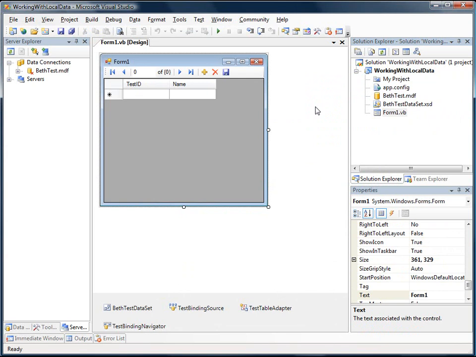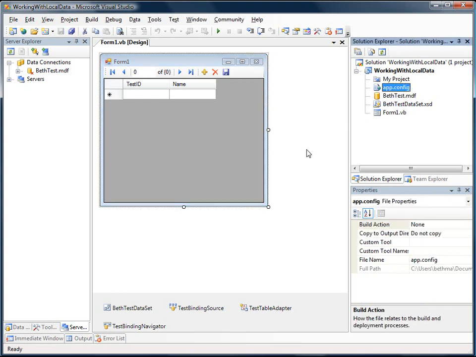Using SQL Express local data files works well when you have a single user application like this one, but you can easily go multi-user later by attaching the database file to an instance of SQL Server Express or other SQL Server editions, and then just changing your connection string in the app config file. I'm going to show you how we can deploy a single user application with a local data file using Click